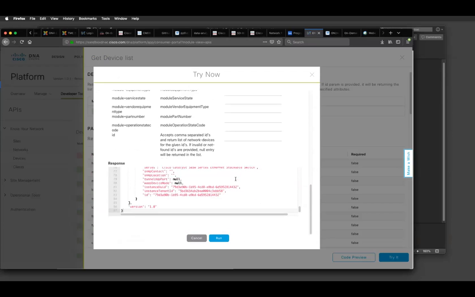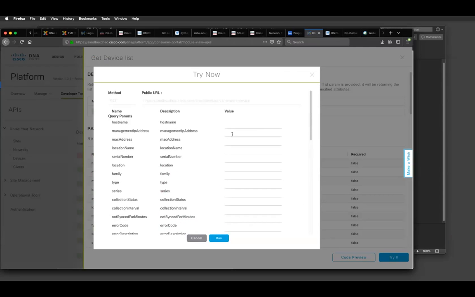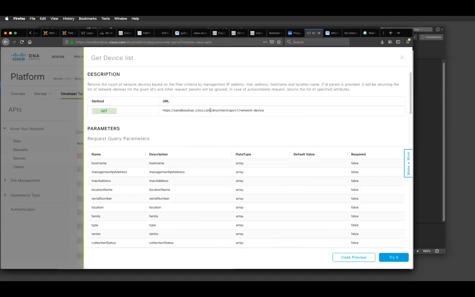So this is a way to test, and depending on how the documentation is written, especially within Cisco, you have the ability to try out those APIs within the controller. And like I said, you can also see how it should be designed through the URL/URI. And that's essentially what we have up here.